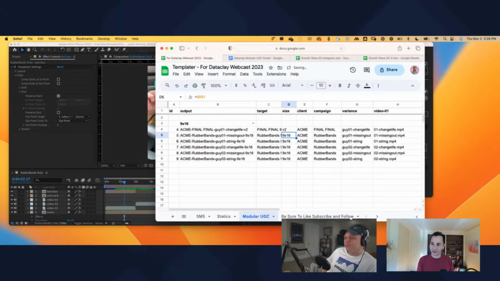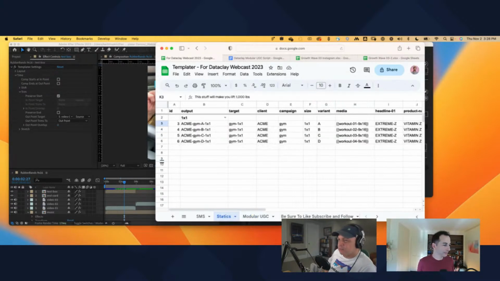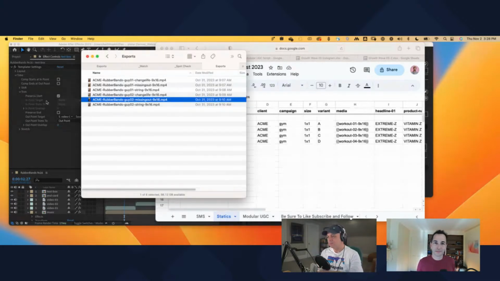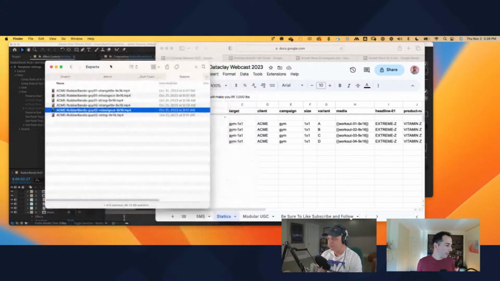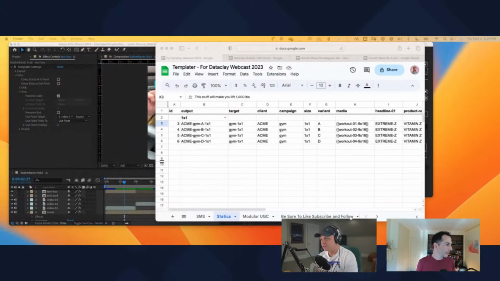That's cool. But Tom, in terms of the outputs, do you focus mostly on video? I know that you had some content that's static. That's right. I think some of the folks watching might be curious about that, because I don't think people realize you can create static imagery with After Effects. If you could talk a little bit about that, that would be fantastic. Yes. Let me pull up that project, which I